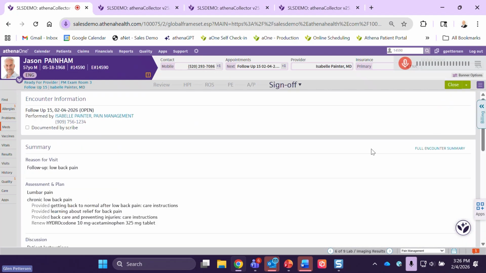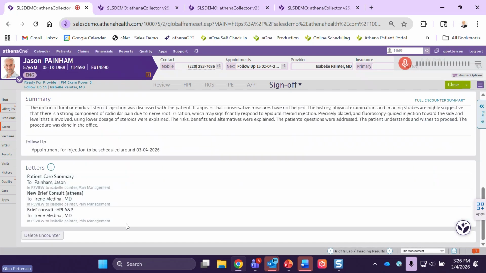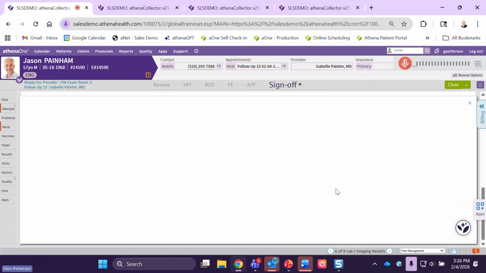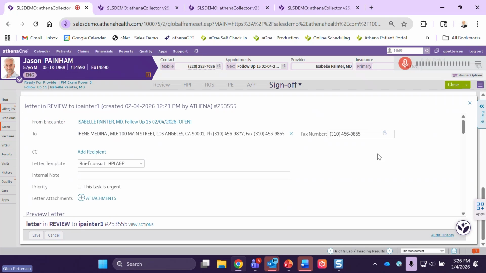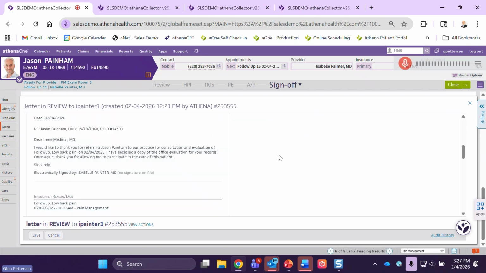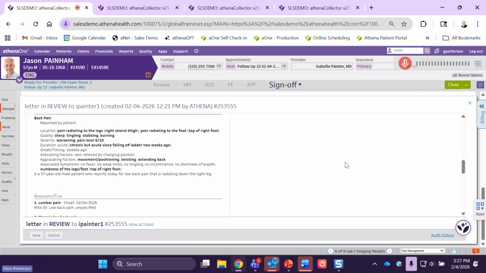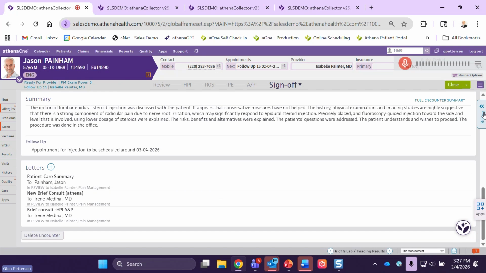Last part of this for the provider is just to go ahead and, as I mentioned before, being that there was a referring provider on there, Athena automatically queued up a brief consult note to go back to that referring provider. So it closes the loop. So a lot of the automation that was talked about in the background, this one has a salutation. Thank you for the referral of Jason to our office. Here is the finding. And it pulls different parts of the chart, different parts of the note,